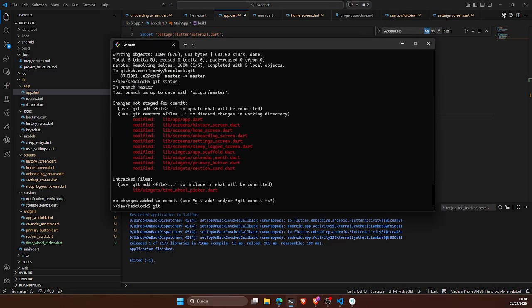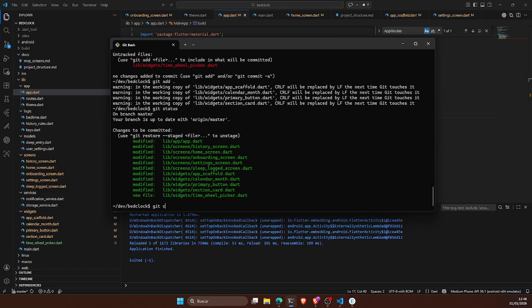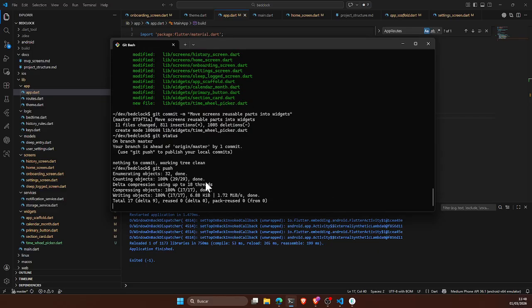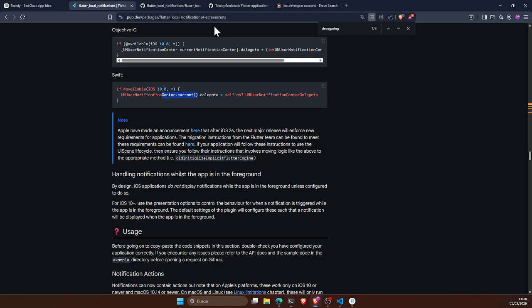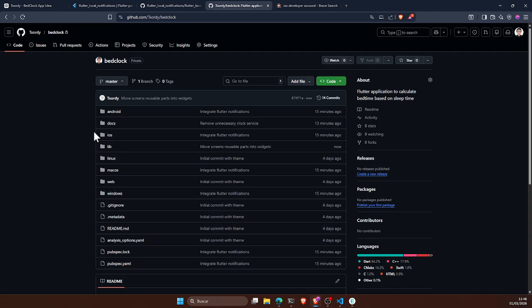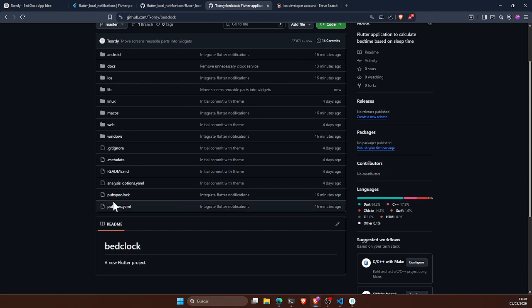Git status, git add, and we say: reuse, move reusable parts into widgets, remove screens reusable parts into widgets. Git push, and with that we have the application updated. So, 15 minutes ago was the last change, and now in the lib part we will need to work on a readme,